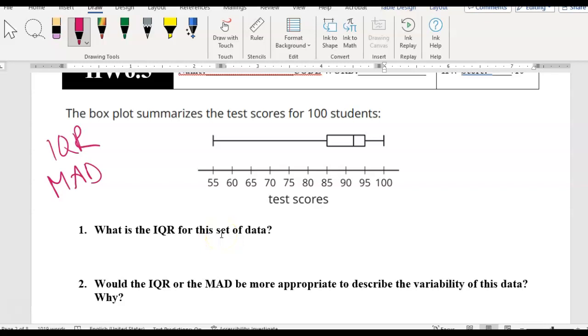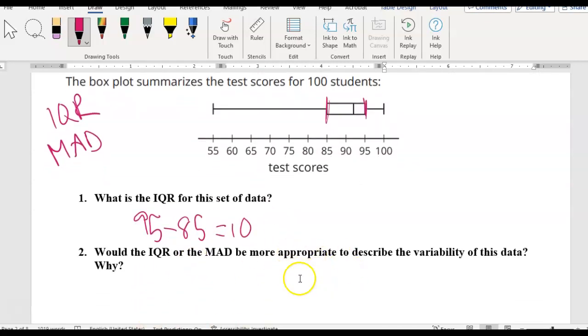So the IQR for this set of data is going to be taking Q3 minus Q1. So Q3 is 95 minus 85, which is 10. It says, would the IQR or the MAD be more appropriate to describe the variability of this data? So in this case, the IQR is more appropriate